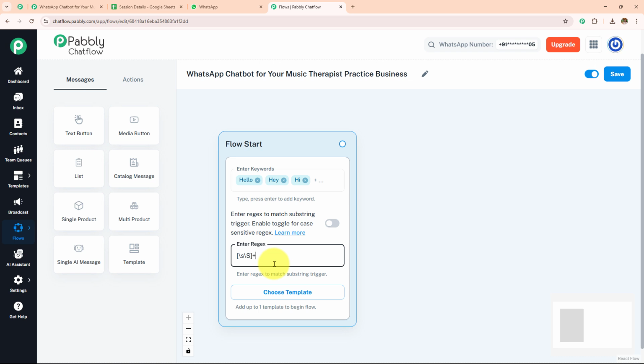Here I am going to enter the regex only. I am going to remove these keywords. You can either enter the keyword, or enter the regex, or you can enter both. I am going to trigger this WhatsApp chatbot with the help of regex, and now I am going to create